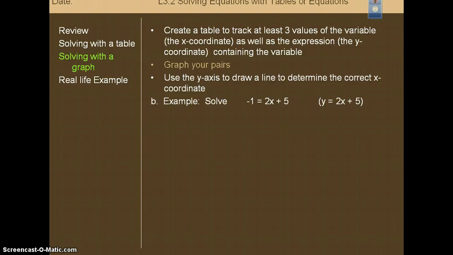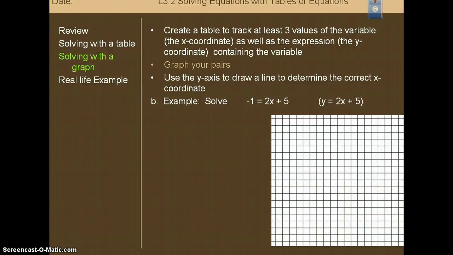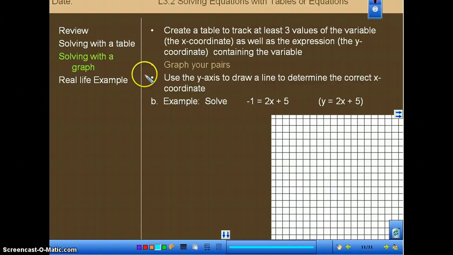Here we are asked to solve the equation -1 equals 2x plus 5. Essentially, y equals 2x plus 5. We're trying to find the x that works. We'll go ahead and get ourselves a graph, but before we can graph, we do need to, as stated before, create the table that we would like to graph from. In our table, we will need one column to track the x value,